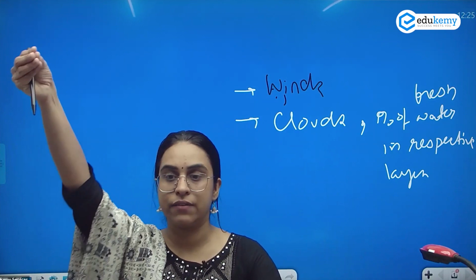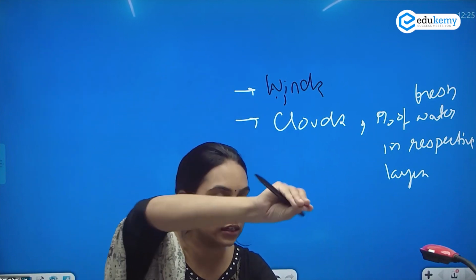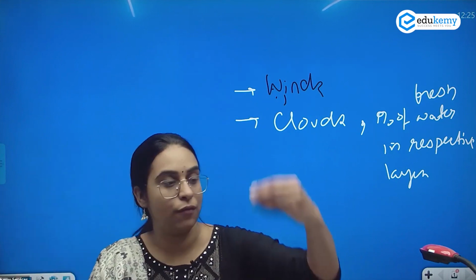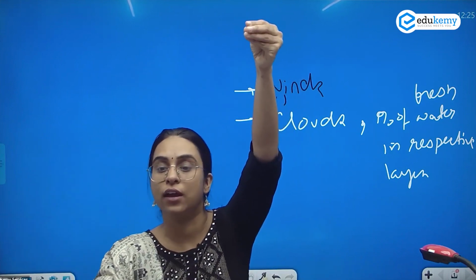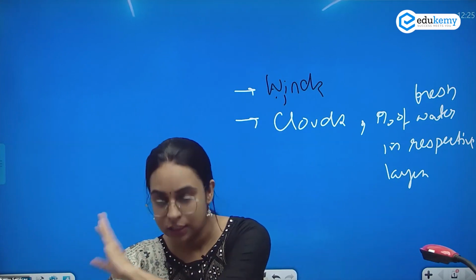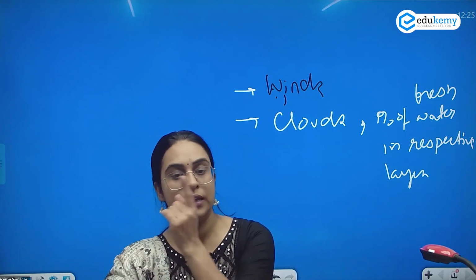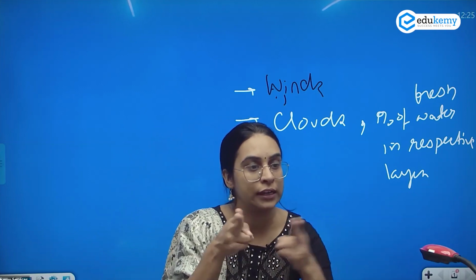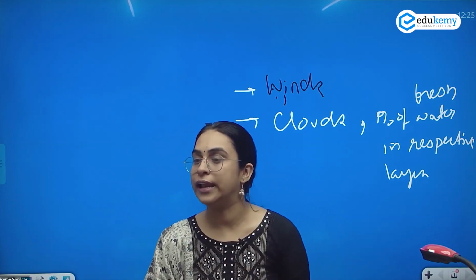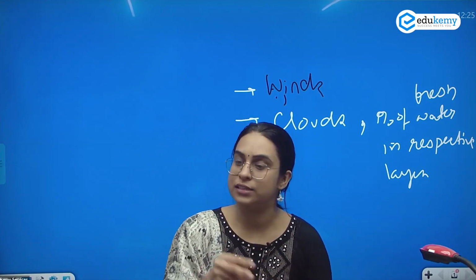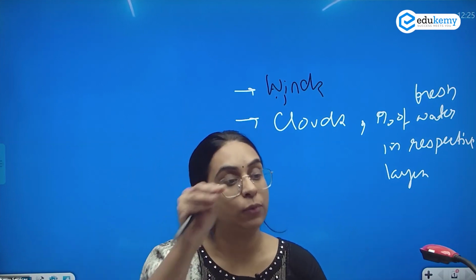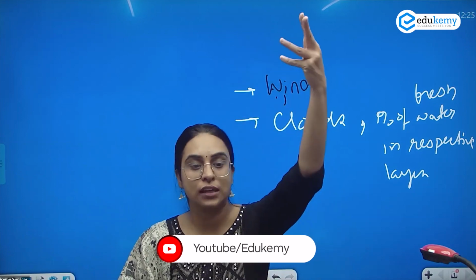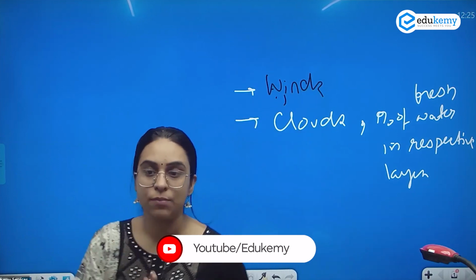Of the water, about 97% is in oceans. Then it is there in your glaciers. Third, then you have fresh water. Fresh water is mostly in glaciers. After that, where is it? This was asked in 2013. Then the same question they asked in the form of 2 statements: the amount of water in glaciers is more than the amount of water in lakes and rivers, or the amount of water in something is greater than this. This is the 2022 question. In 2021 also, a similar type of question: where is the most fresh water? So 3 times they have asked.